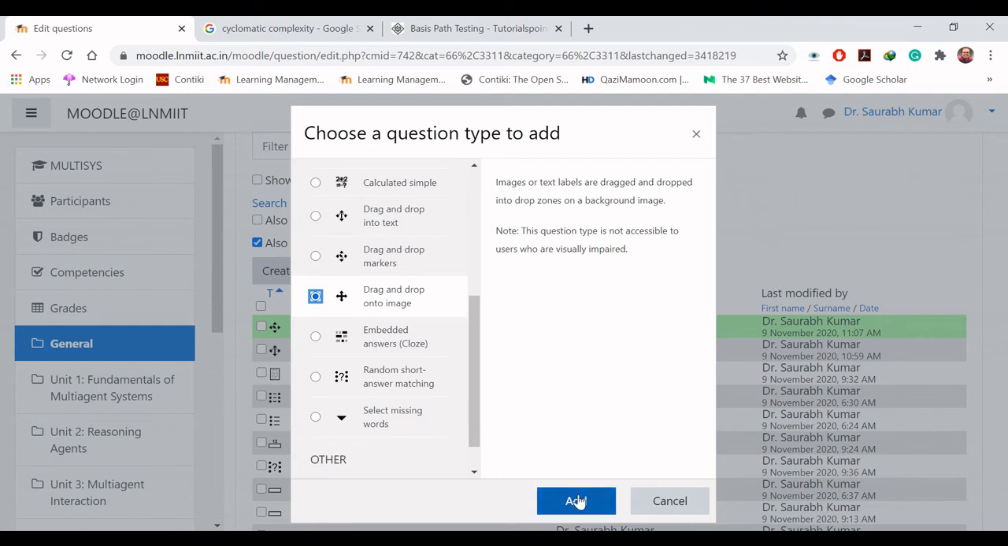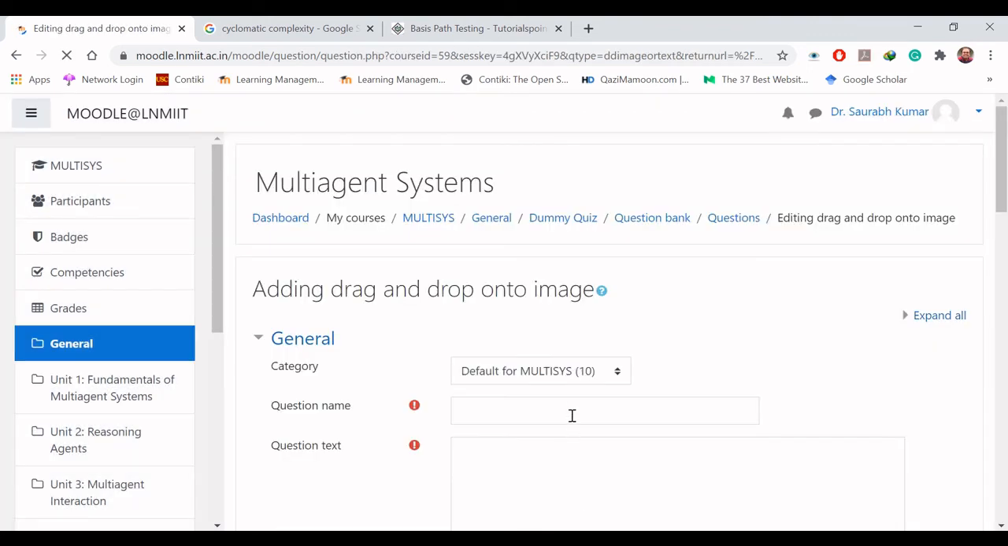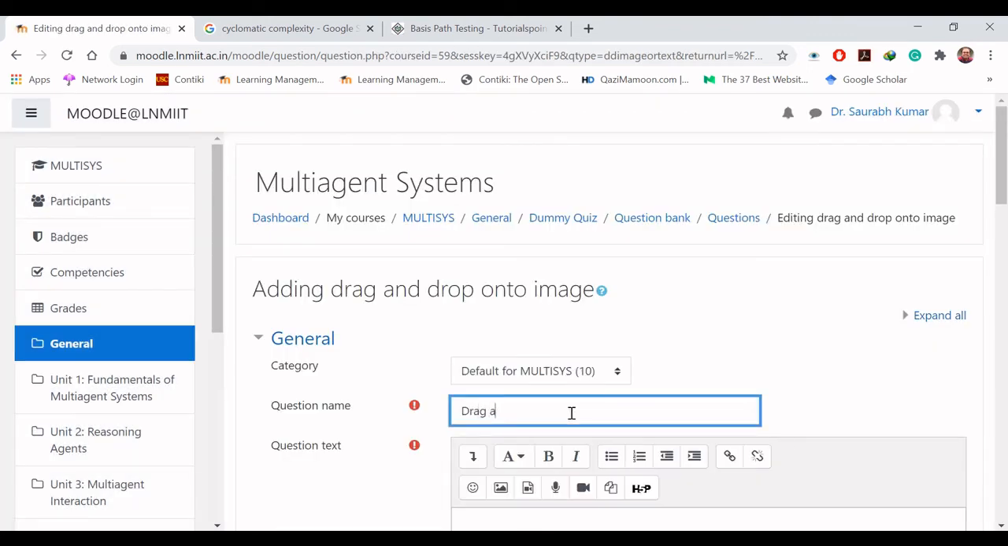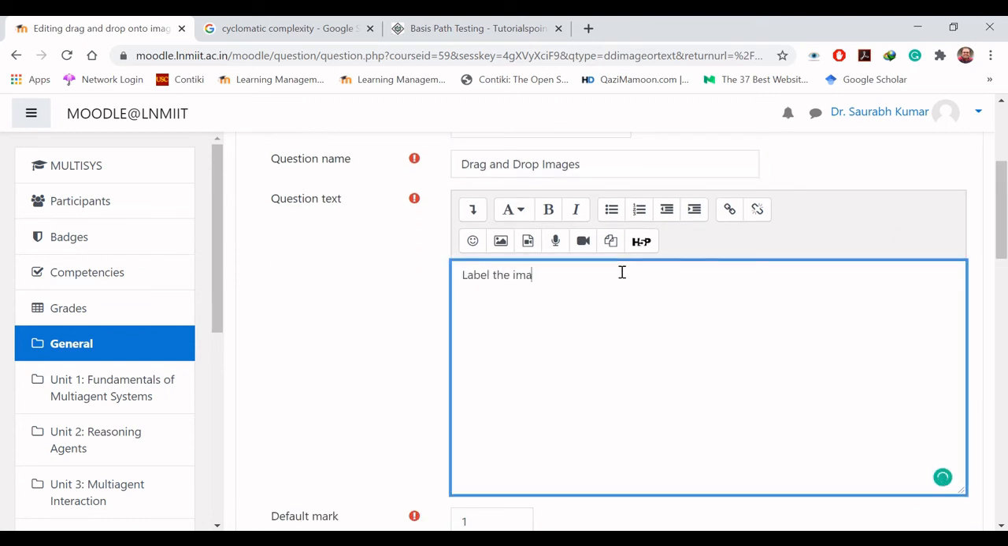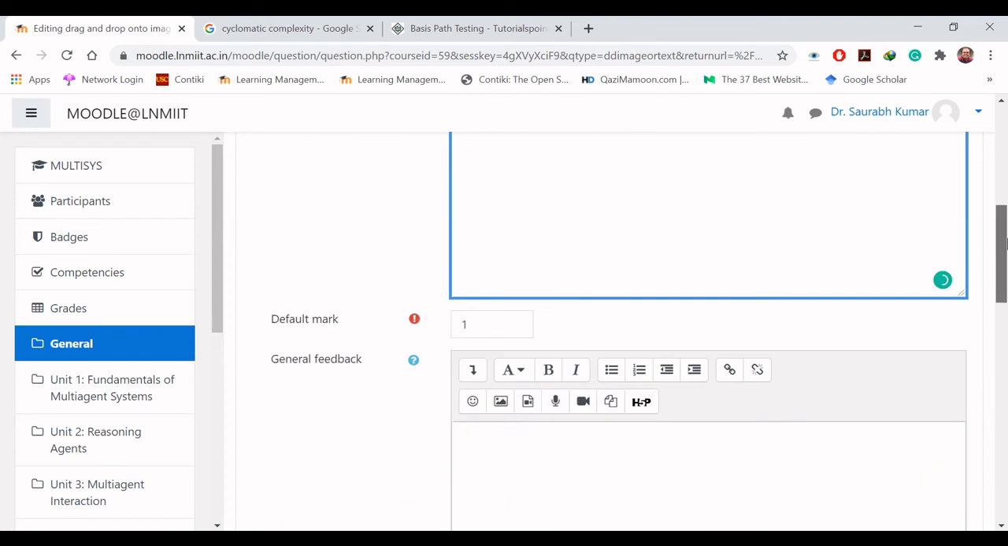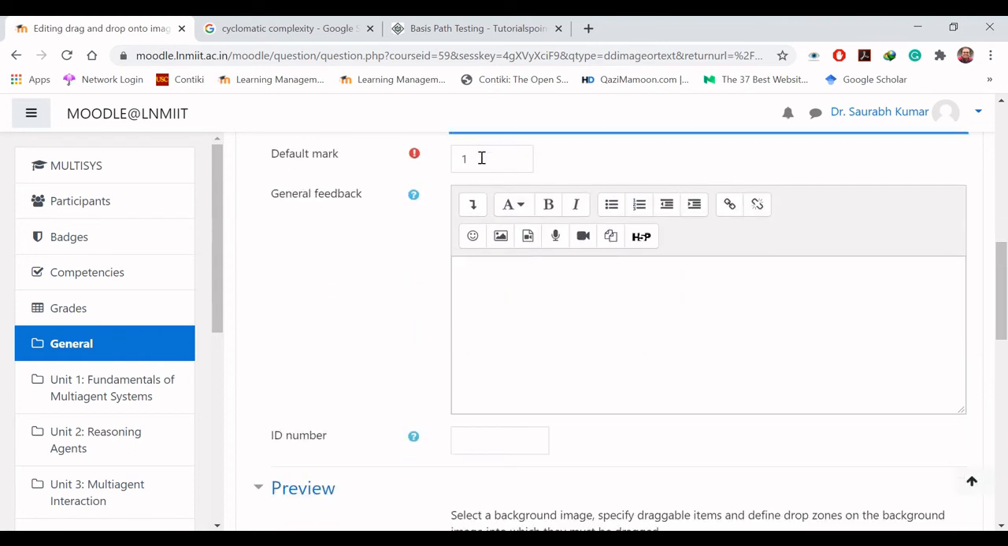background image, ठीक है। उसके लिए मैं ऐड करता हूँ, नया क्वेश्चन क्रिएट करता हूँ, है ना। मैं उस क्वेश्चन को नेम कर देता हूँ, व्हाट इज द नेम, ड्रैग एंड ड्रॉप इमेजेस, ठीक है। लिख देता हूँ लेबल द इमेज, है ना। दिस इज माय क्वेश्चन, सिंपल है। मैं यहाँ पे लेट अस सपोज मैं 4 मार्क्स